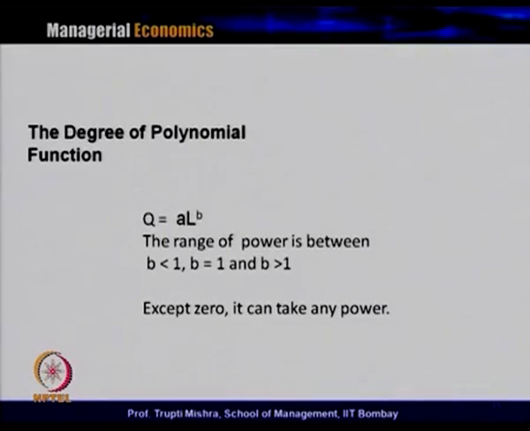So, there are three types of function, one is linear, second one is non-linear, and third one is polynomial. In case of polynomial, again we represent it in terms of a quadratic function, in terms of a cubic function, or in terms of a power function, and every time the degree changes on the basis of the power associated with the functional form. The highest degree in case of a quadratic function is 2, the highest degree in terms of a cubic function is 3, and the degree in terms of a power function is anything other than 0. It may take a negative value or it may take a positive value.